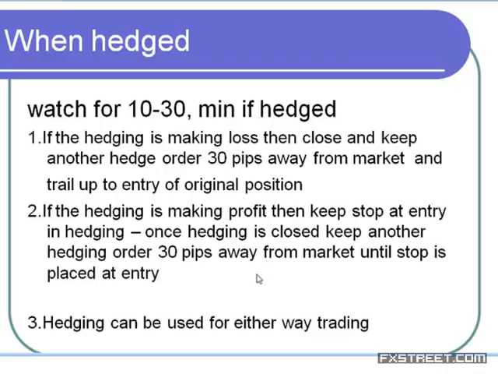But if they start making moves in our favor, immediately we trail the hedging order upward and try to keep stop at entry and remove the hedging order. So the hedging order will act instead of a stop in a loss making position. Once the position makes profit, we can try to book profit